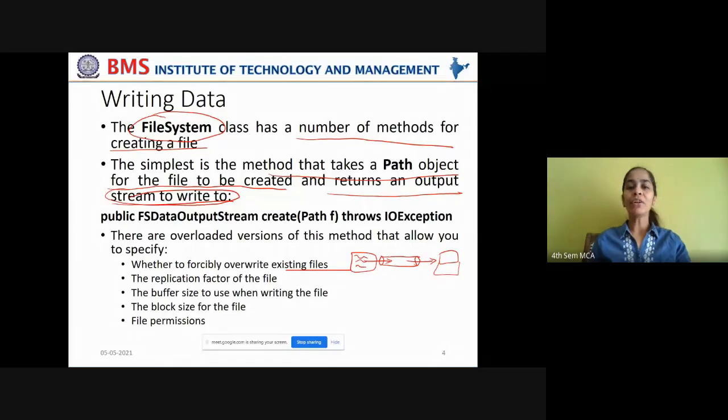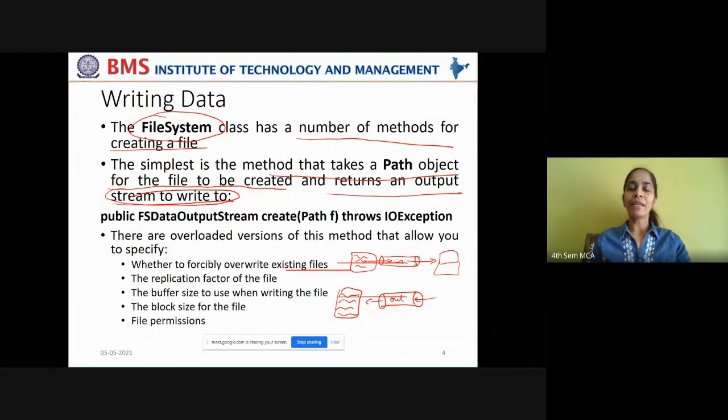Now you are trying to create an output stream. This is the input stream to read the data from the file. And next, if you want to write data to a file, then you create an output stream through which the data has to be passed to the file, to be written into the file. Got it? Do not get confused about where you use an input stream and where you use an output stream.